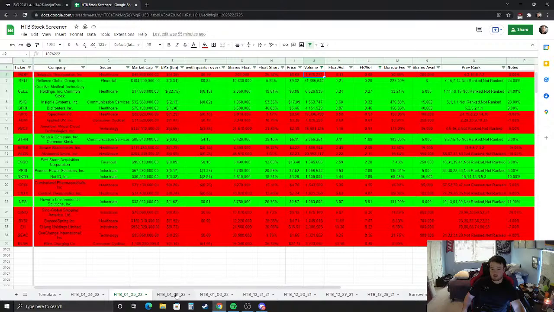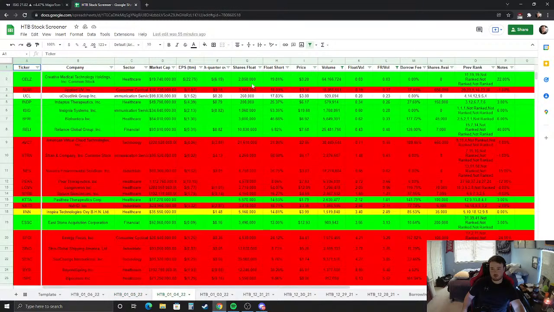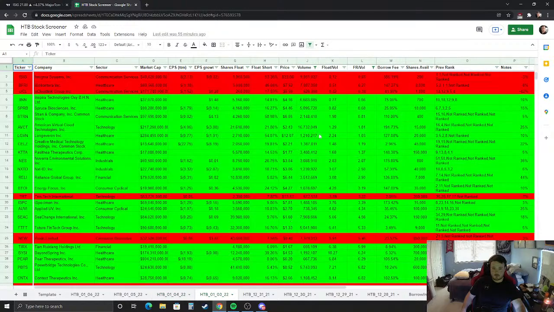I guess iSig wasn't on this day. Look over here, iSig is right here. Volume again is 1.7 million. Float short is still 53%. So they traded the float 3 times. And then you see over here,